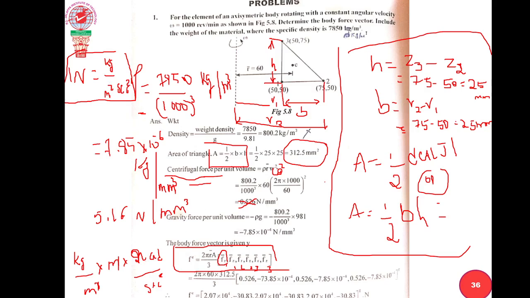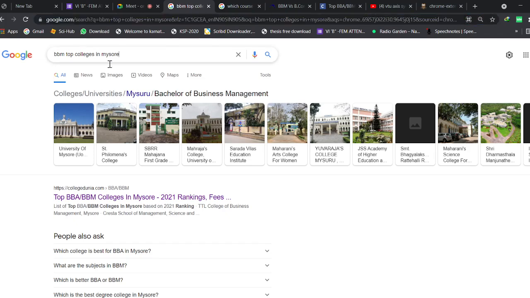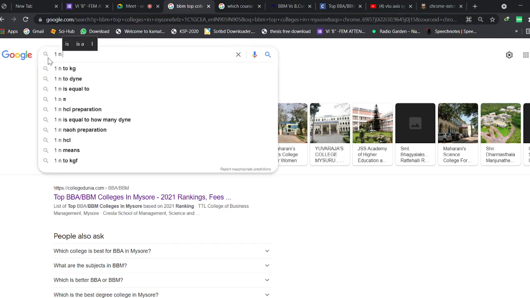Here omega square is there. Omega square is nothing but radian per second whole square, that becomes radian square per second square. And let me take rho in terms of meter, kg per meter cube, into meter. Therefore meter gets cancelled. That becomes kg per meter square second square. Correct, no?